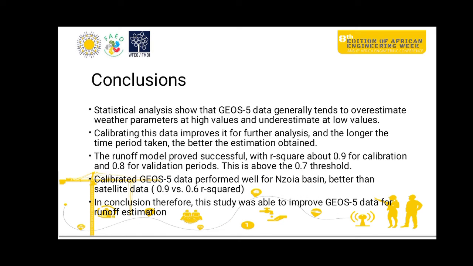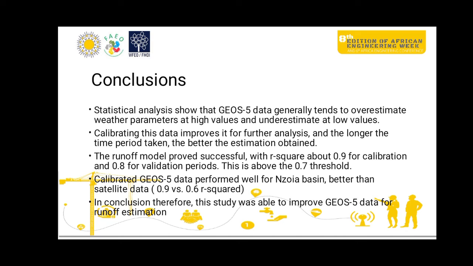So we have the conclusions. Statistical analysis shows that GEOS-5 data generally tends to overestimate weather parameters at high values and underestimate at low values. Calibrating this data improves it for further analysis, and the longer the time period taken, the better the estimation obtained. The runoff model proved successful with an R-squared of about 0.9 for calibration and 0.8 for validation period, above the 0.7